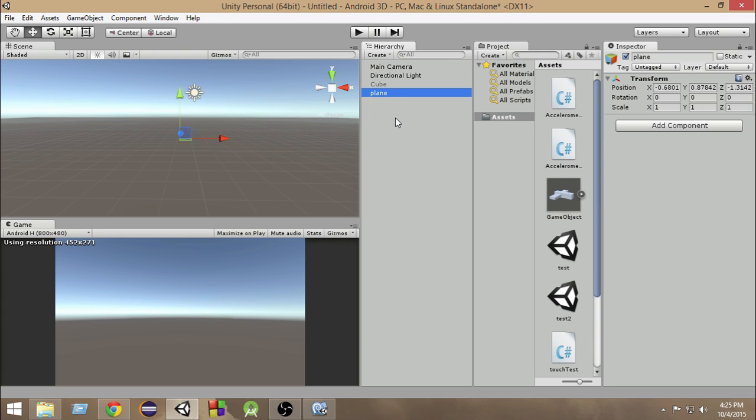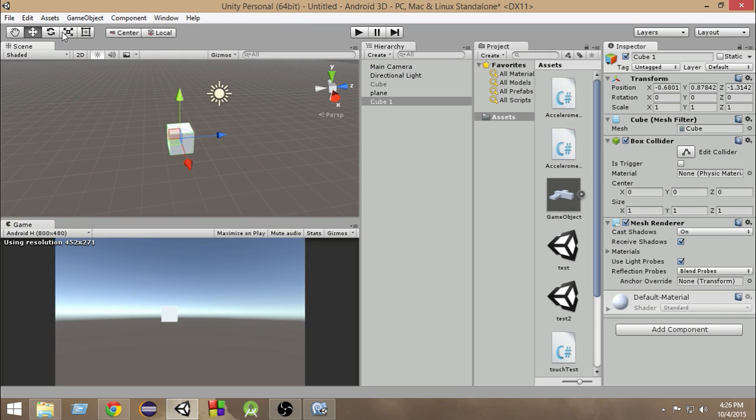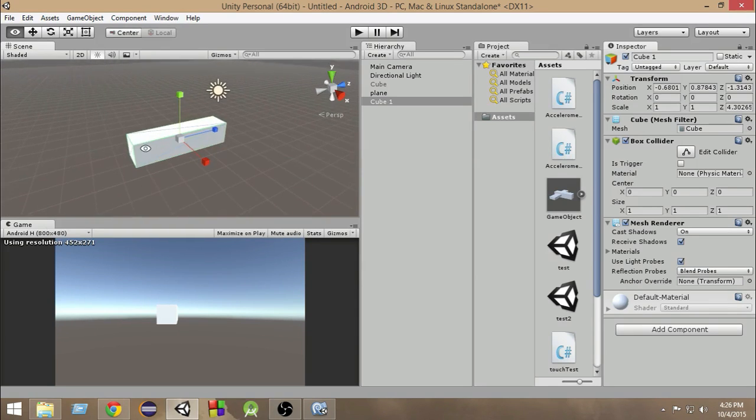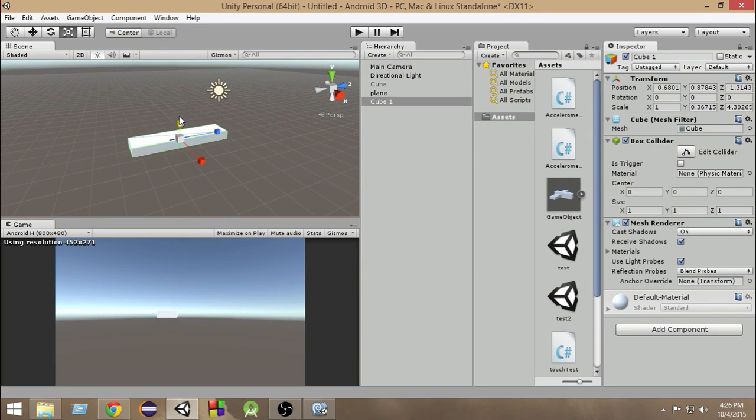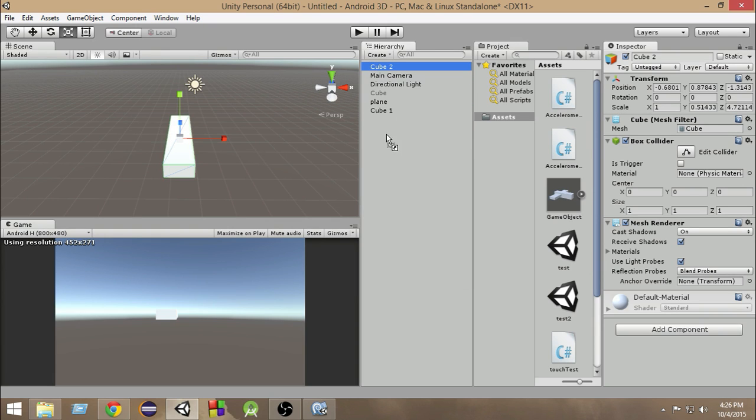Okay, and then I'm gonna add a game object, 3D object, cube, and I'm gonna make this cube a bit long in the z-axis, just like this, and I'm gonna make it a bit thin in the y-axis, just like this. And then I'm gonna duplicate this cube, move it down below, and now I'm gonna